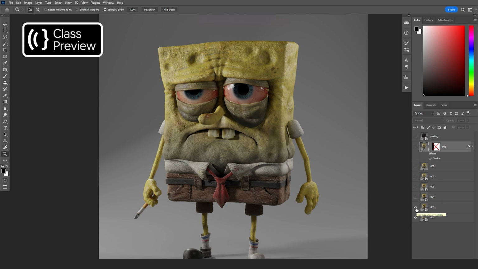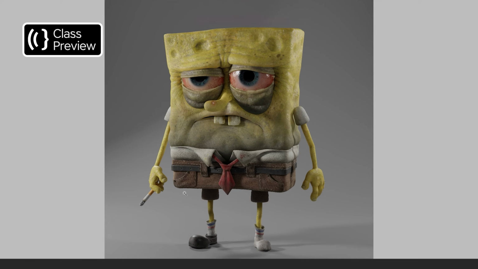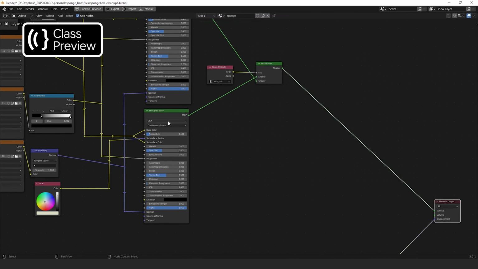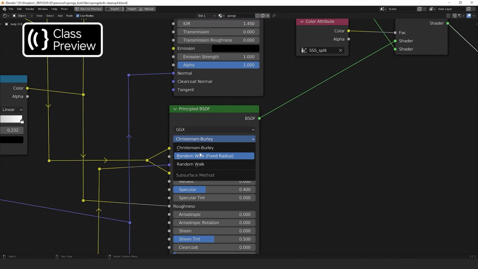The next pass is to apply the bump map, the normal map from Painter. And on top of that, we have the subsurface. But the subsurface, I needed to split into two different subsurfaces, because in Blender we have two kinds of subsurface. The random walk